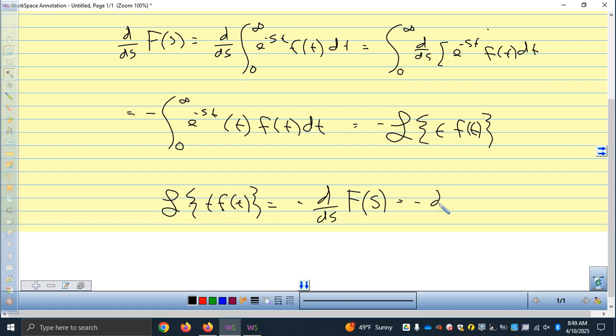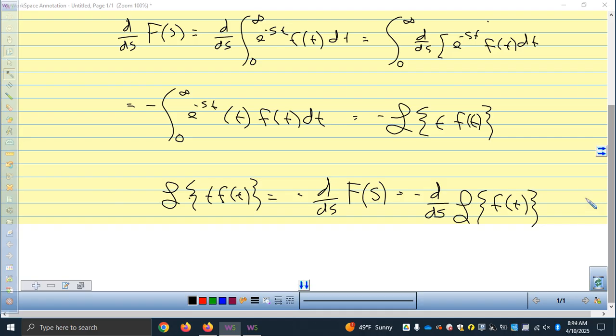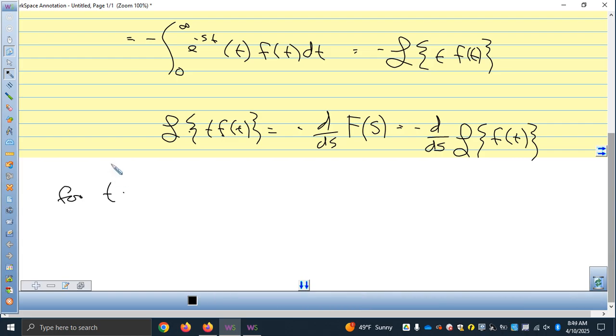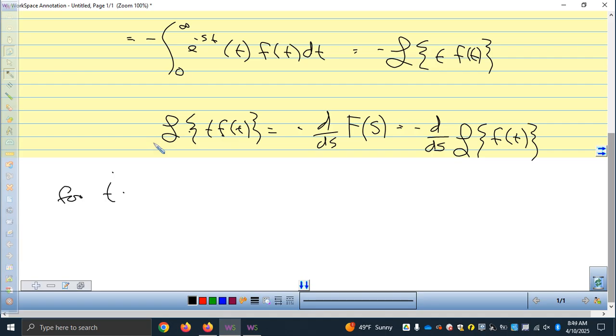I'll rewrite this in our other notation: negative d/ds of the Laplace transform of f of t. So the Laplace transform of a function multiplied by t is the negative derivative with respect to s of the Laplace transform of the function. And then for t squared f of t, we're going to get the Laplace transform